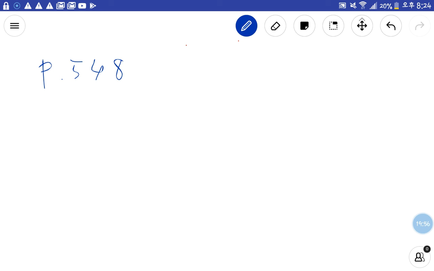I'm going to solve example 4. Before we start example 4, you should know the notation of it. So please look at page 548, all the way top left. There is a notation, right? So you should remember this. Number 1,